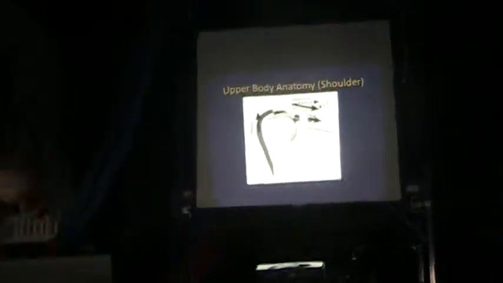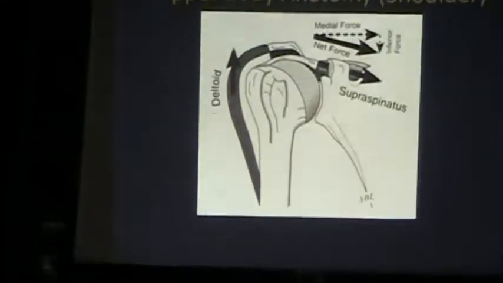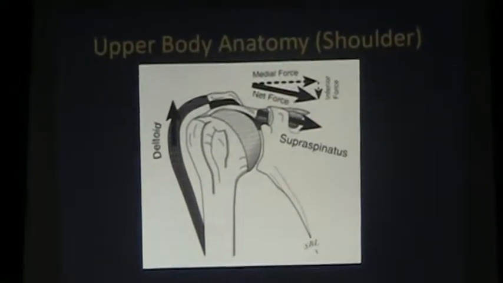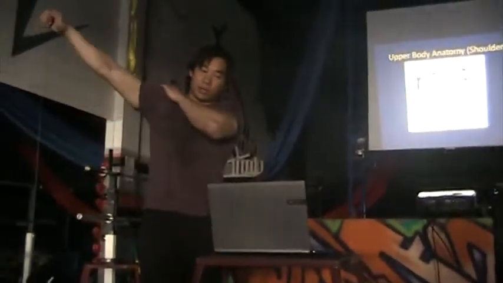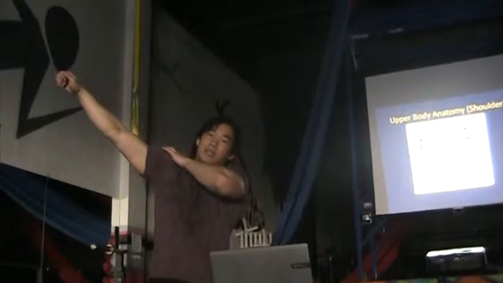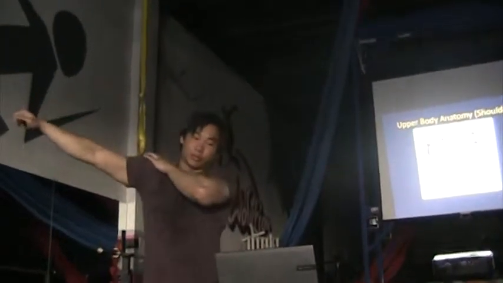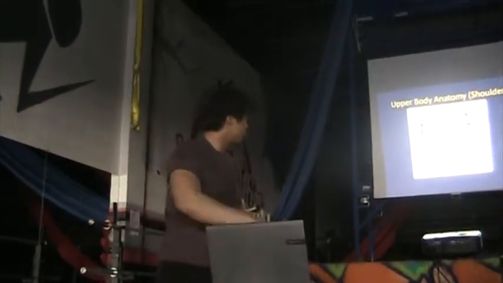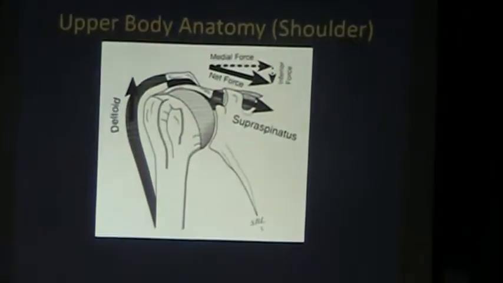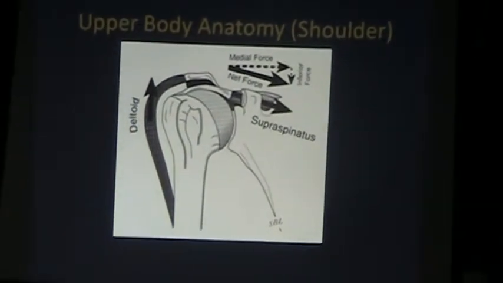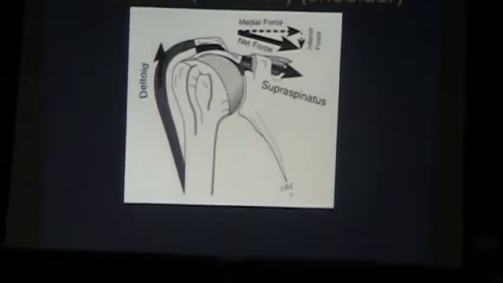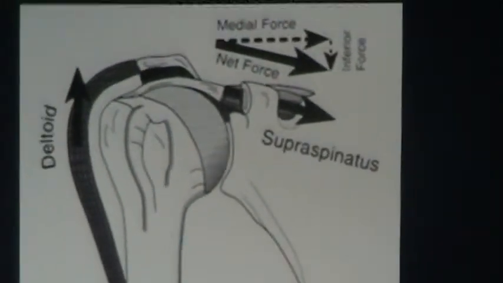So the deltoid muscle, which is this fat shoulder muscle on your arm, abducts and adducts, moving your arm up into the AC joint. And in that diagram, you can see the supraspinatus, which is like over here. There's a spine on your shoulder blade. There's a small muscle that runs right over it. You can't really see it that clearly here, but it's responsible for also pulling your arm up.